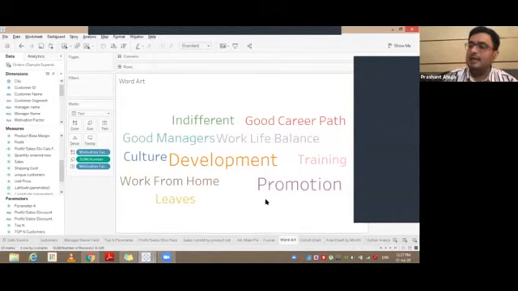But in that case, there would be certain elements which would be responded by 2 or 3 people. So 2 or 3 of those might say that good managers or work-life balance is important. Although that would not be the best way to do it, generally this is not the case because the responses are somewhat similar, because we're talking of the same context, and 10 to 12 parameters are usually what people are looking at.